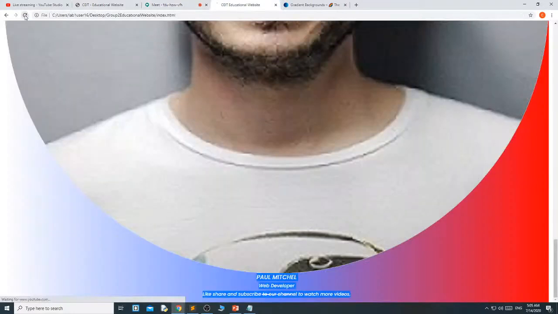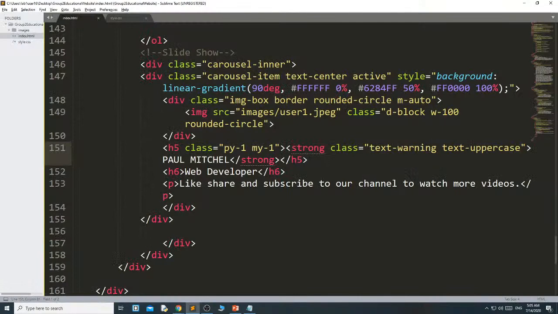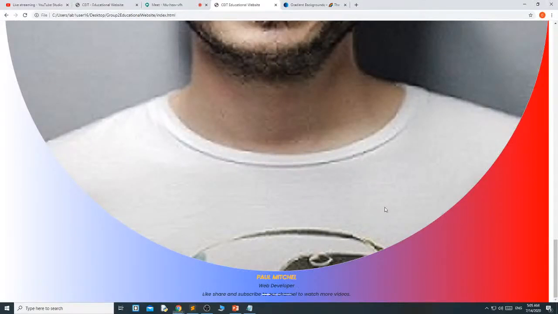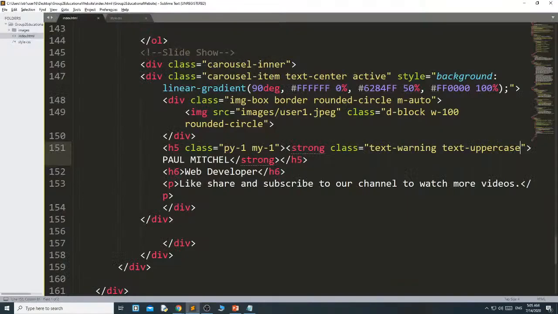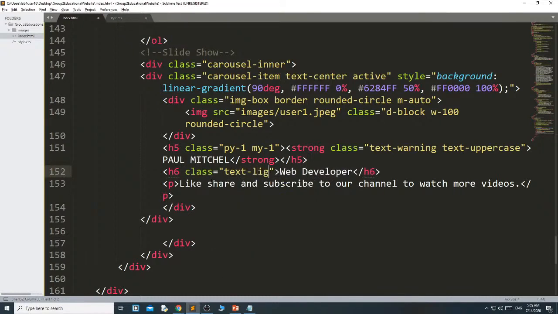Now see, this comes in orange color because I have used text warning. Then I have used text uppercase, that's why it is in uppercase. Like that, for web developer, here I want class text light, means it is not bold, and I want to give margin from each side 1.